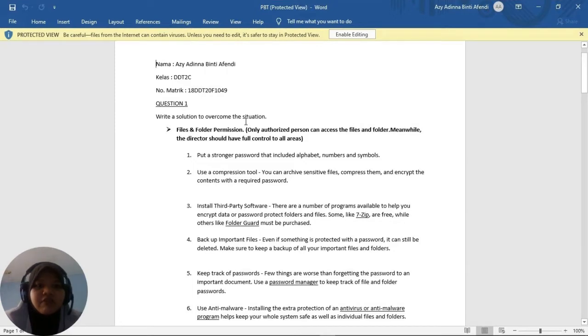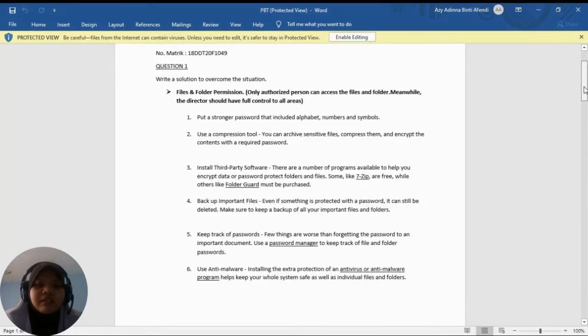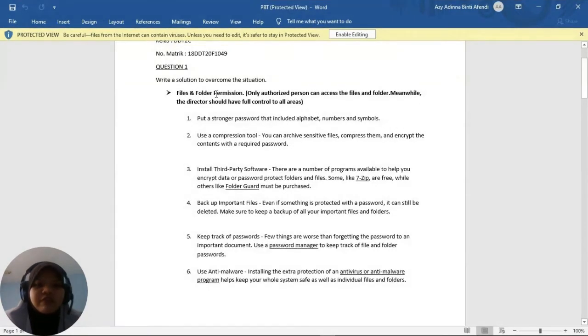Today I will present a solution to overcome the situation on security basic. Okay, so the first question is files and folder permission, which is only authorized person can access the files and folder. Meanwhile, the director should have full control to all area. Okay, to do this,